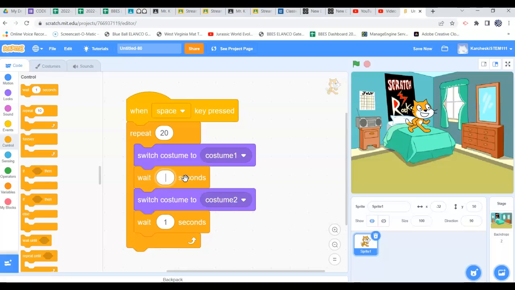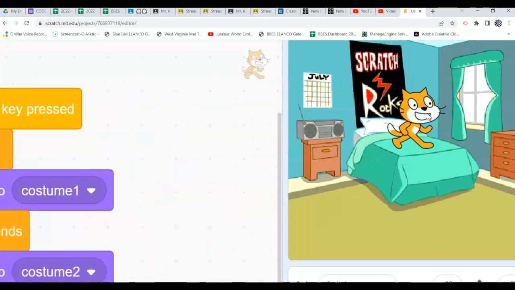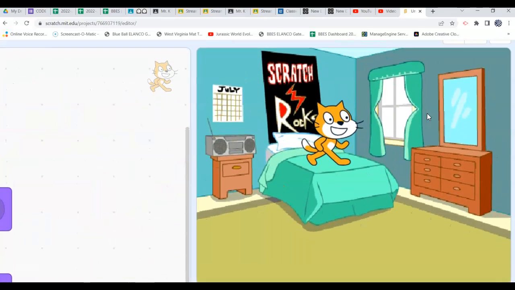I could do a half second, which if you know what halves are as decimals, it's 0.5. So I'll have him wait a half second each time, and that's going to actually make him faster. So watch this. I'm going to get closer to the cat. I'll hit my space bar, and this is what a half second wait looks like. You see that? Now, he is much faster than he was, but suppose I want the animation to go even